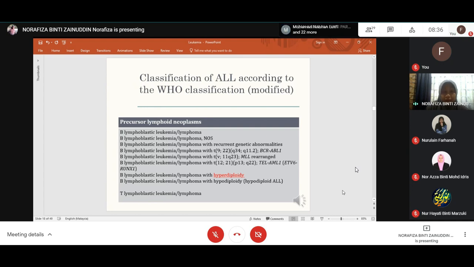This is the precursor lymphoid neoplasm, B lymphoblastic leukemia, lymphoma, and there is also T lymphoblastic leukemia, lymphoma, although 85% of them are B cell originated. The one with hyperdiploidy actually has more than 50 chromosomes per cell, and this accounts for 25% of ALL cases. This one is associated with trisomies, trisomies of the chromosome X, and also